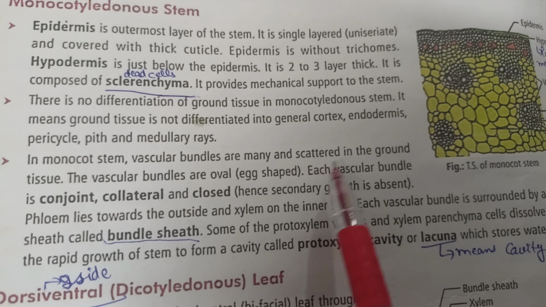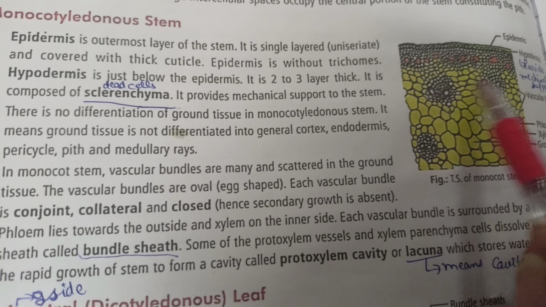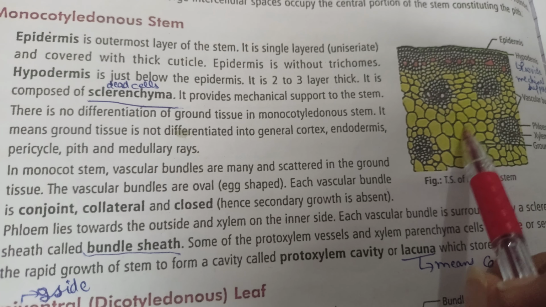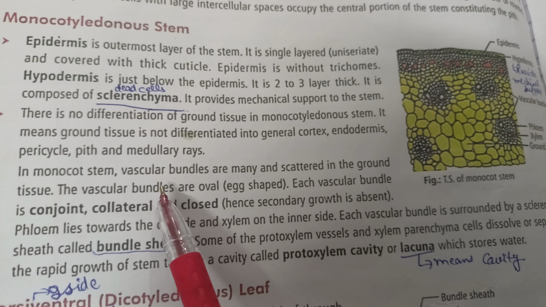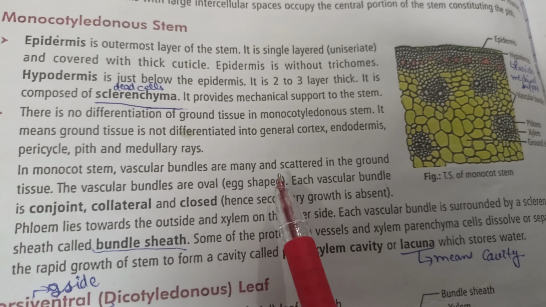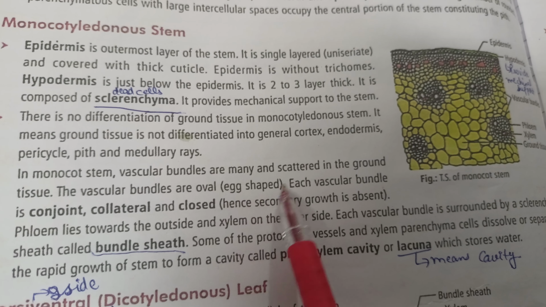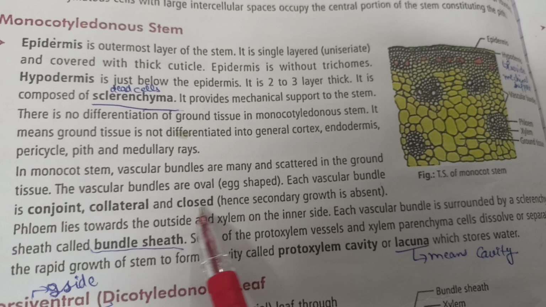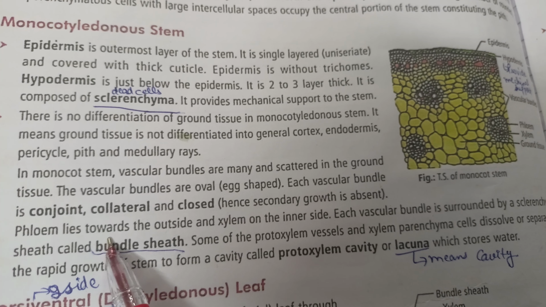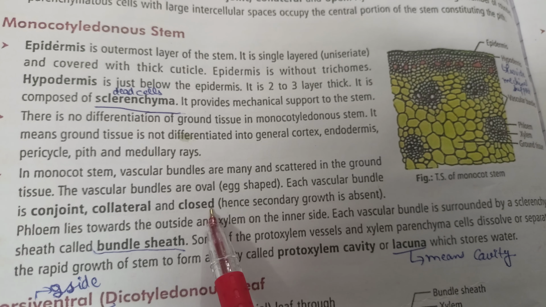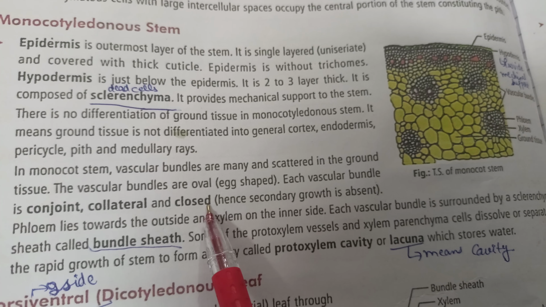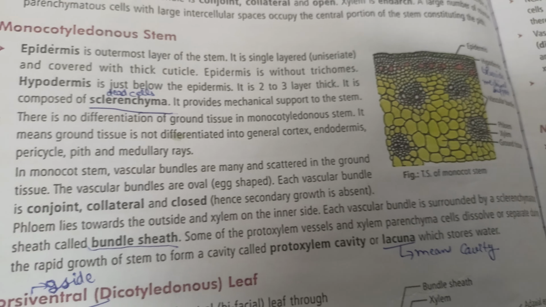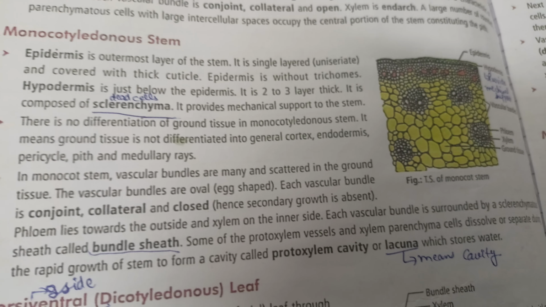Vascular bundles are many and scattered in the ground tissue. You can see the vascular bundles scattered in the ground tissue, and generally in monocot stem vascular bundles are many and scattered. Vascular bundles are oval, that is egg shaped, and conjoint, collateral and closed. Closed means there is no cambium present in between them. So secondary growth is generally absent in the monocot stem,